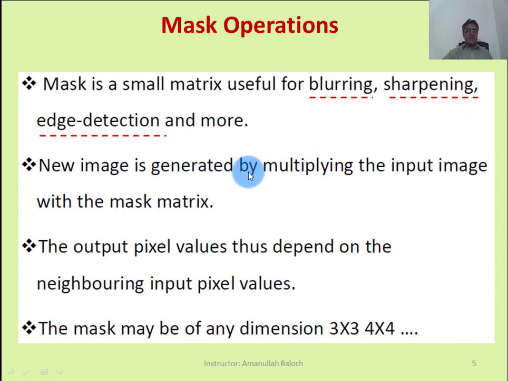The input image is actually a large image, and the mask is also called a small image. This mask is multiplied with the equivalent portion of the input image and then moved onward, and we also take the second part of the input image and multiply the matrix with that part, and so on.